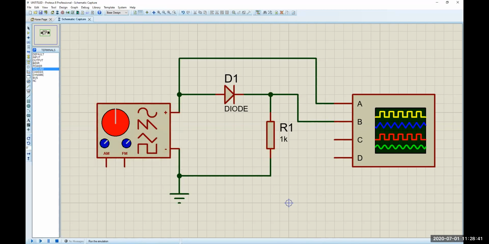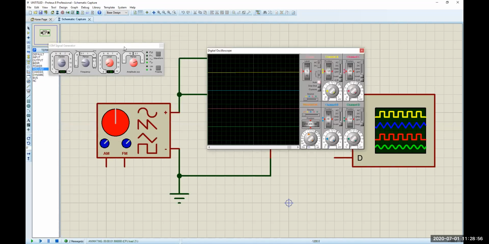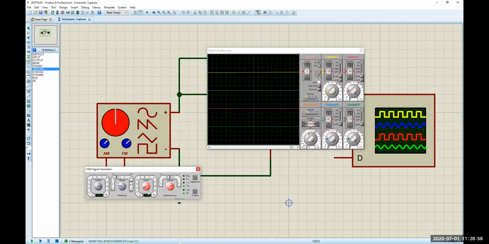Let's run the software. Here, can you see the run? Can you see the play button at the bottom? If I click run, what will happen? Two screens will come up. This screen is your input changing screen. You can change the input from here. This screen is your output seeing screen. So we will come back to this later.